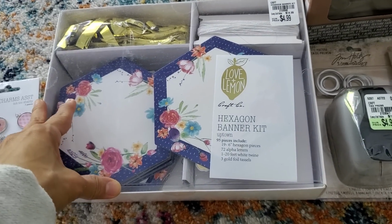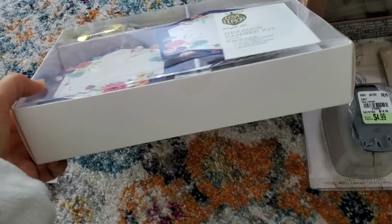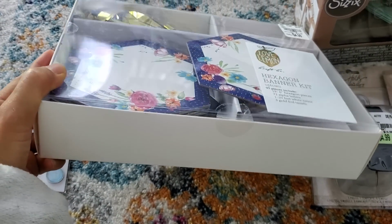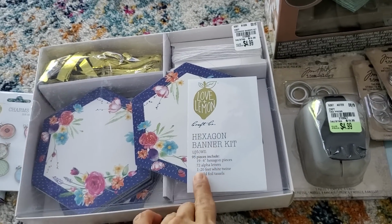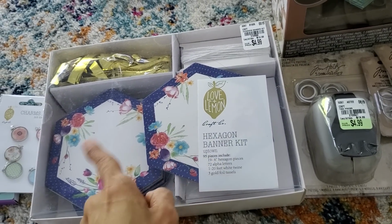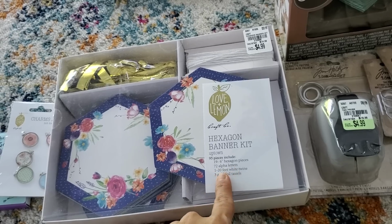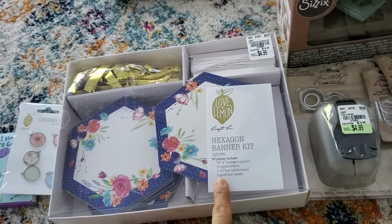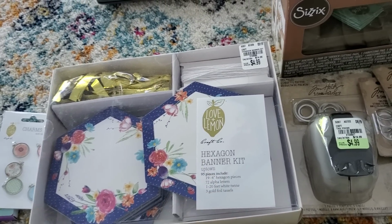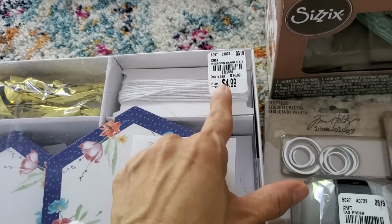And then this is a hexagon banner kit. And as you can see, whoops, sorry about the glare on that. Each banner piece is really thick. It's like a chipboard. And so you have 19 6-inch hexagon pieces, 72 alpha letters, and then 1 20-foot white twine, and then 3 gold foil tassels. And this is, again, the Love plus Lemon. This is